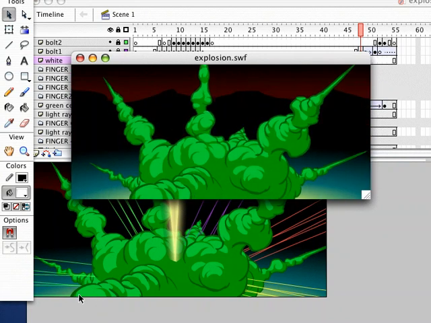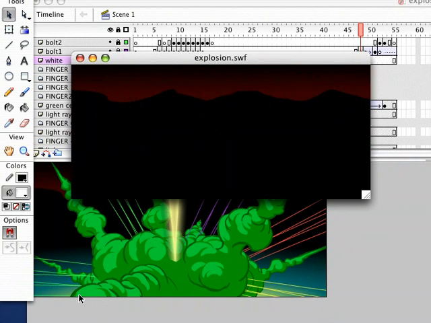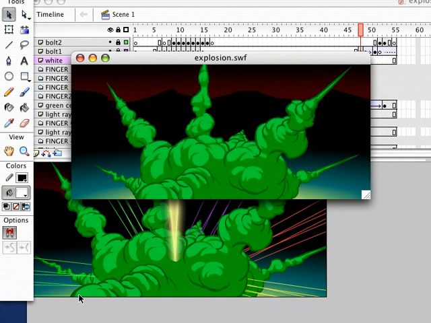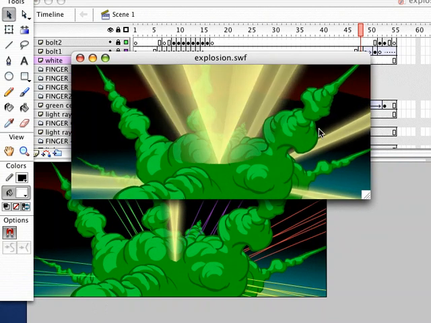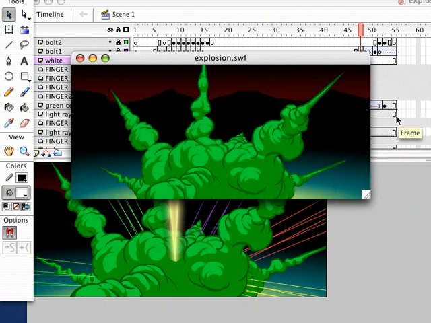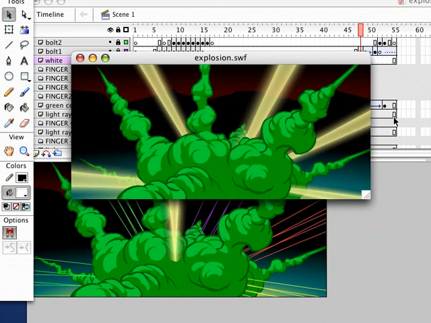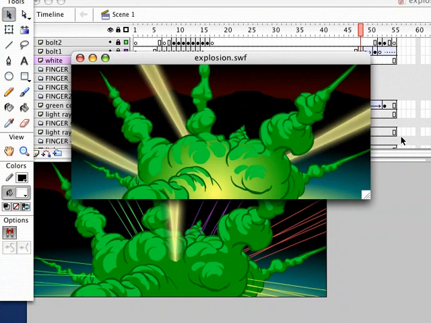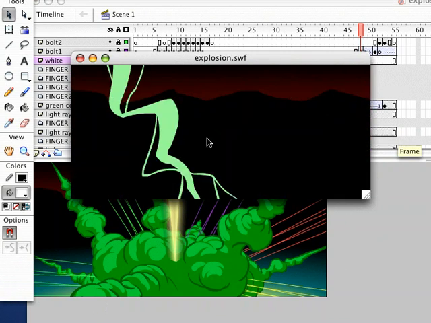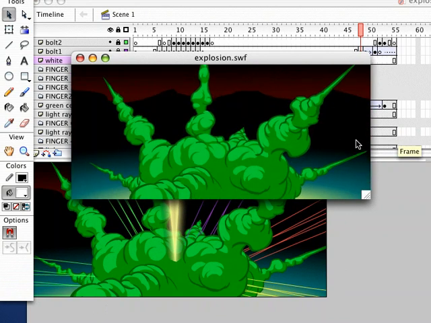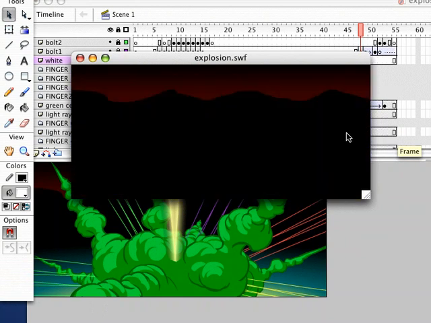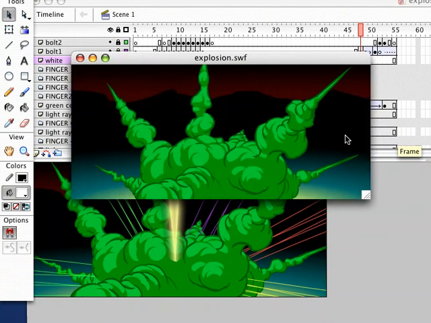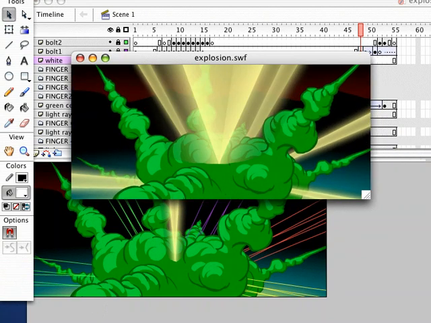So just adding black and white flash frames really adds a lot. You can do this with explosions. We have an animating an explosion video tutorial that you can pick up if you want to get some good tips on how to animate some explosions and add this flash frame strobe effect as well. It's really easy to do. So there you go. Go give it a try. Very easy to do, and you get some great results too.